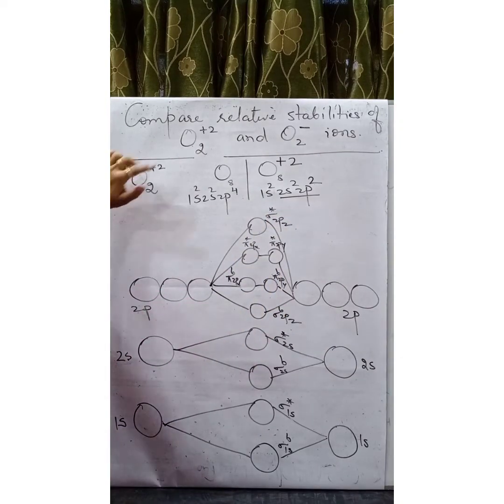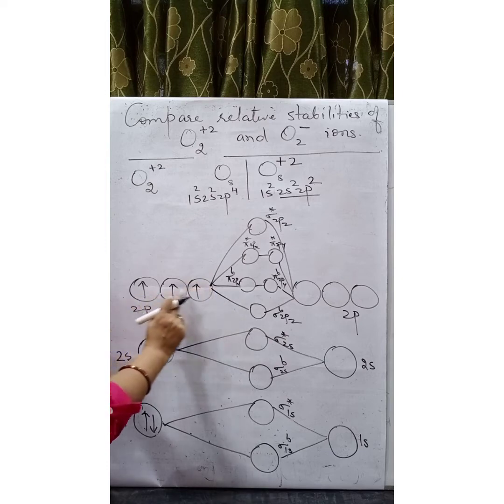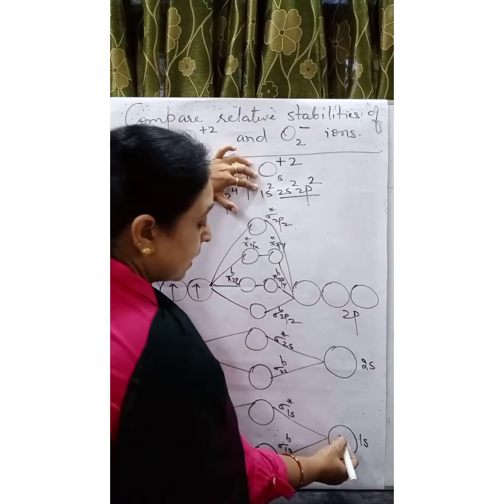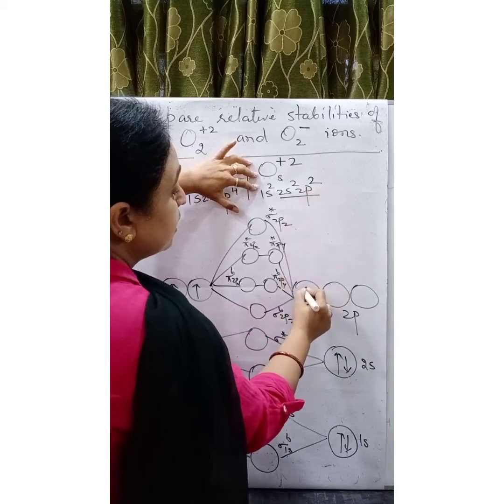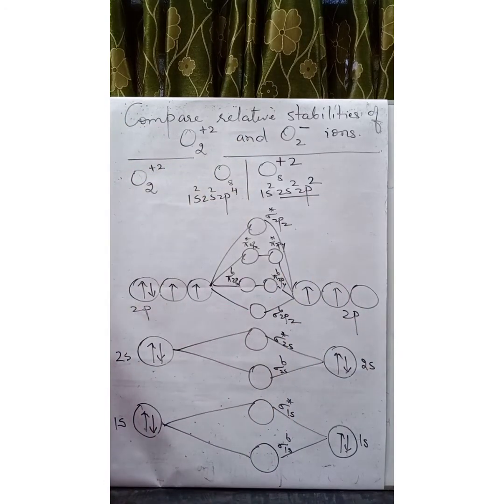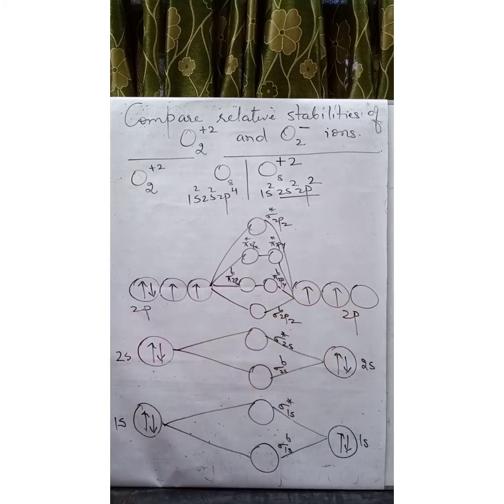Now after drawing the molecular orbitals, arrange the electrons. First of all, we will arrange the electrons on the left hand side. 1s has 2 electrons, 2s has 2, and 2p has 4 electrons. All the rules of filling are to be followed here. According to Hund's rule, first it is singly occupied before pairing takes place. Now for the right hand side, 1s has 2 electrons, 2s has 2, 2p has 2. Now count the total number of electrons. 8 on this side, 6 on this side. So a total of 14 electrons need to be arranged.